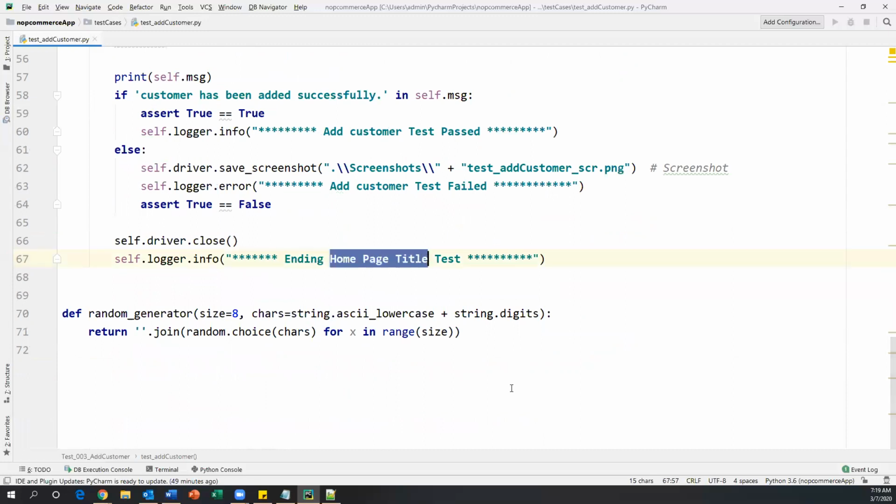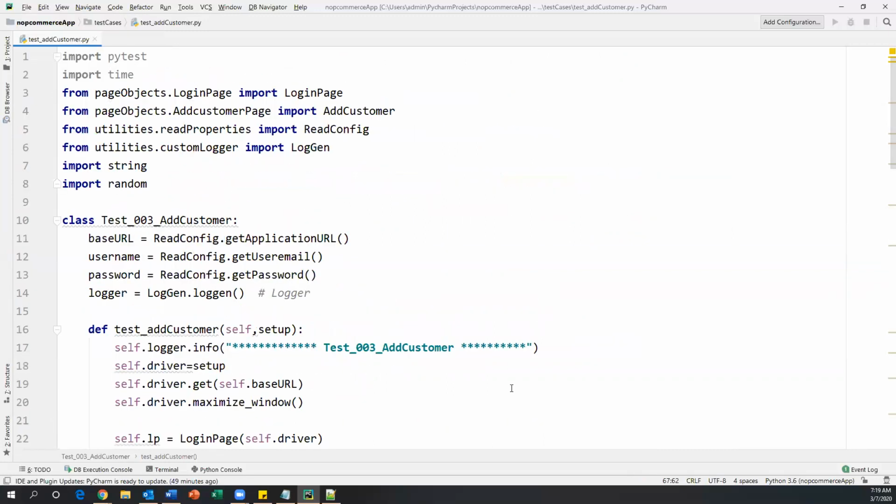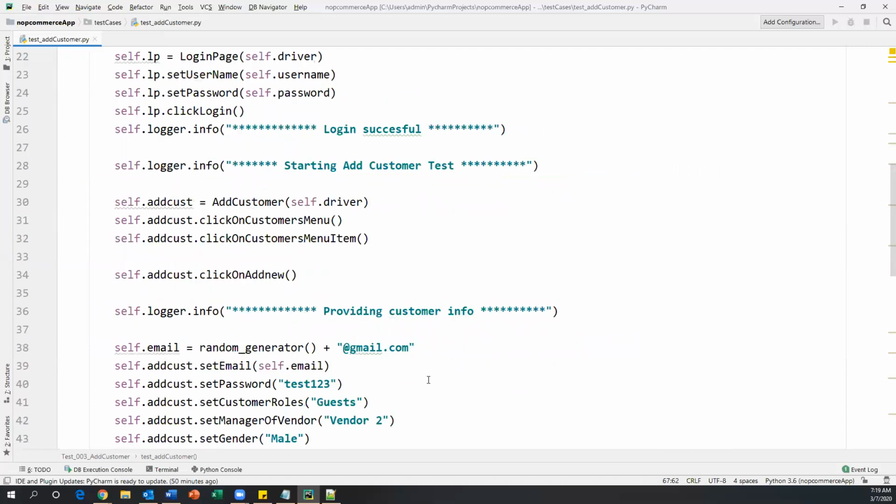Okay, so this is how we need to automate the test case. What we have done: we created one page object class, then we created our test case. So if the framework is already there in your company, you have to do only these two things: create the page object class and automate the test case. Now let us run and execute. And how do we run our test case? We don't run the page object class.